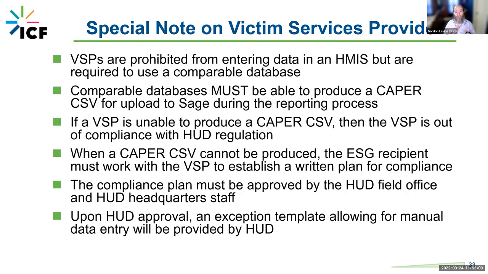And ultimately, once everybody is on board, they can issue an exception template that will allow for manual data entry. But God, that's a long and painful process. The upshot here is, this was really only intended to be a one-time fix. It's used much more frequently than that. It's a blank CSV file that you just plonk data into. It's not good for all of the reasons that I just outlined, right?